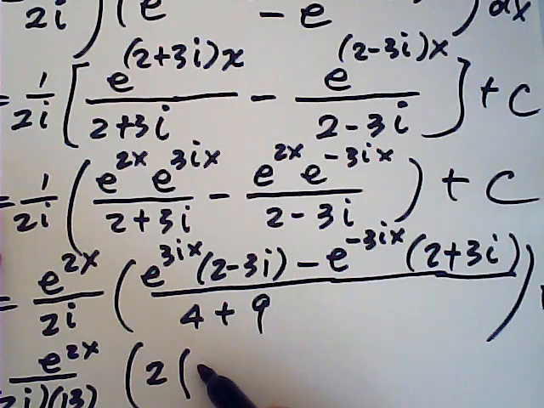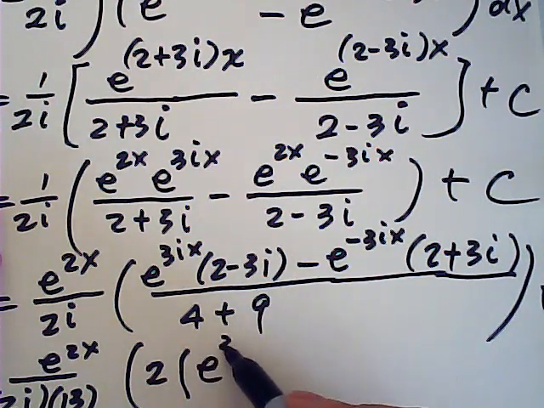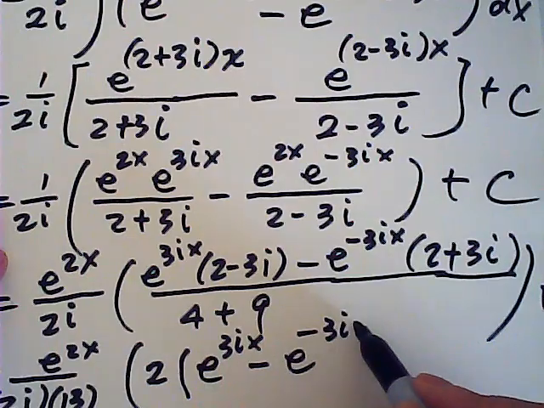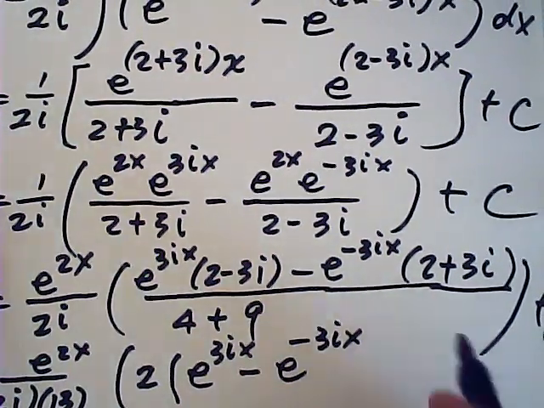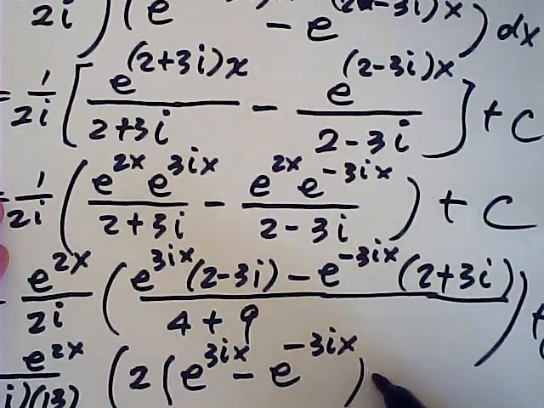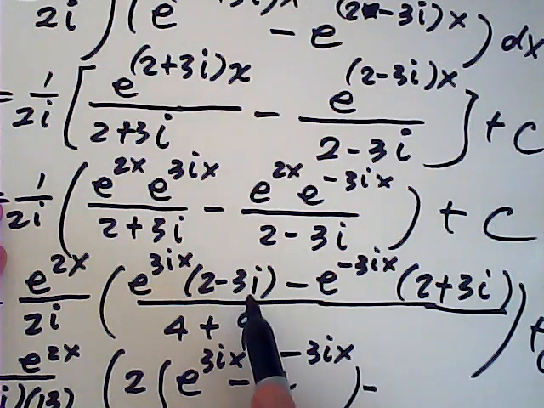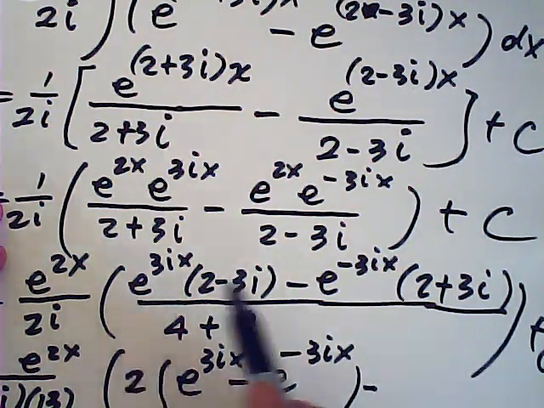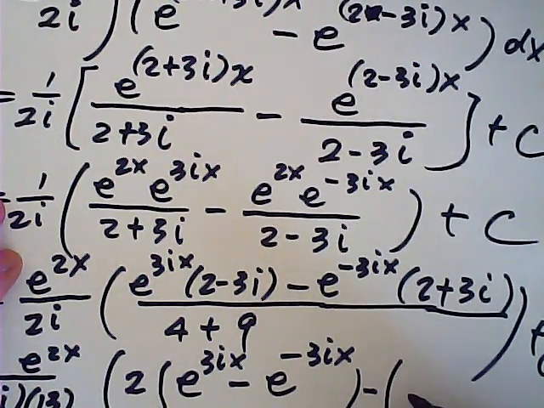This is e to the 3ix minus e to the negative 3ix, minus, this time this time this becomes